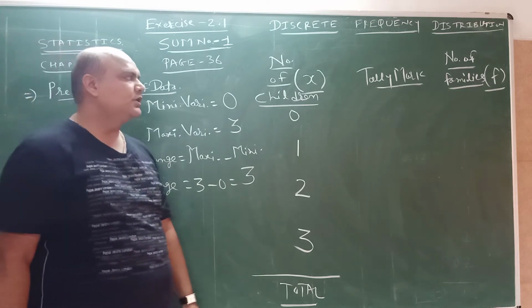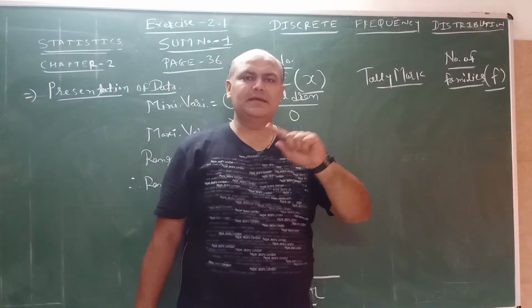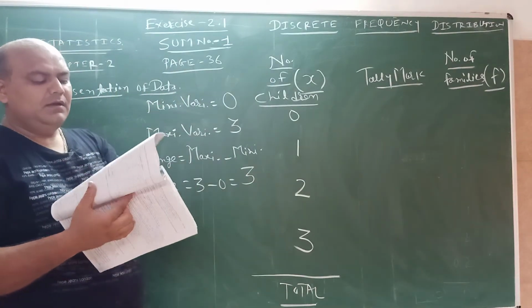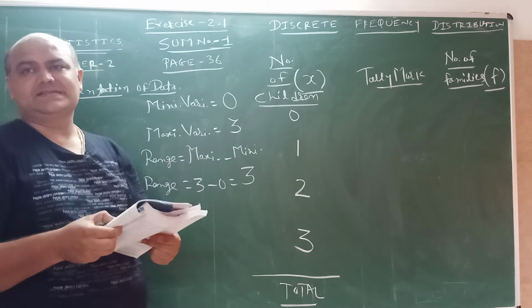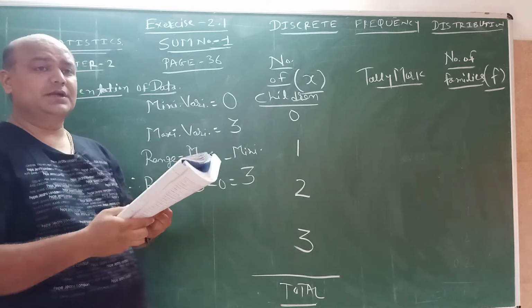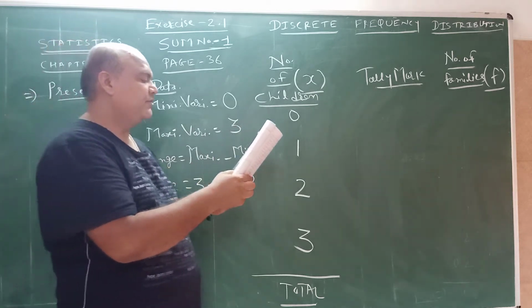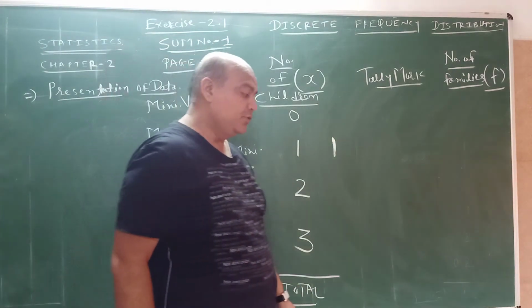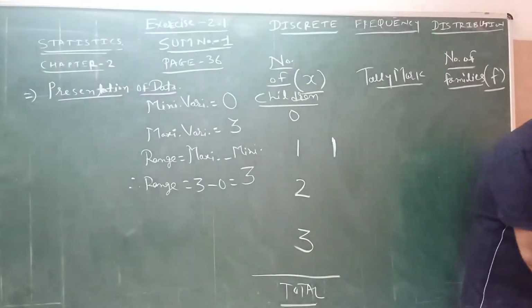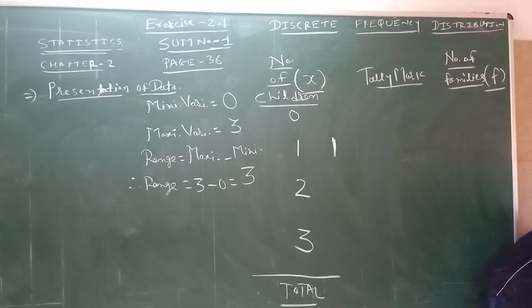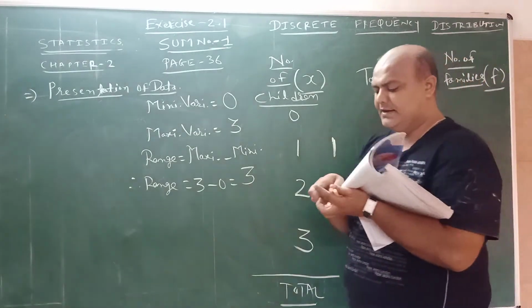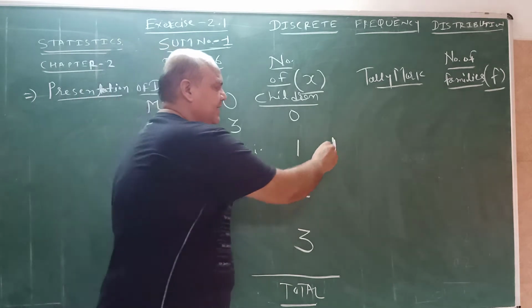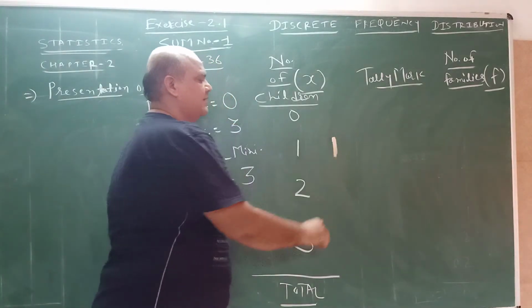Now we have to do the tally mark. The fifth tally mark is a cross tally mark. We take one by one, we take column wise. So you can pay attention in your book. First is 1. So I do the tally mark at 1. We do the tally mark with another color chalk here, so it may seem different. 1.